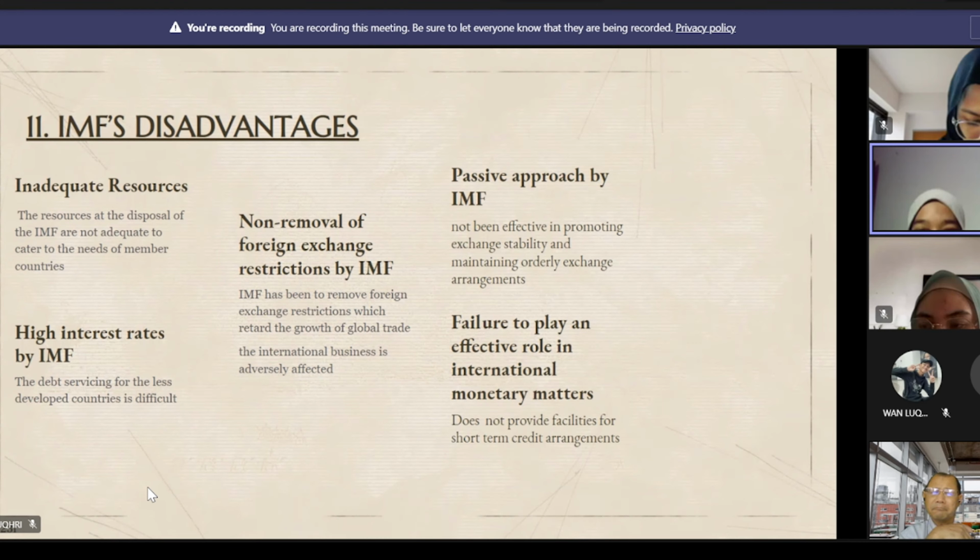For the second one, one of the important objectives of the IMF has been to remove foreign restrictions with the recent growth of global trade. Still, member countries follow a trend of restrictions, so consequently the